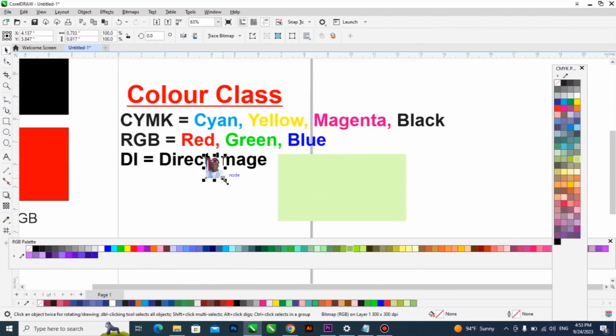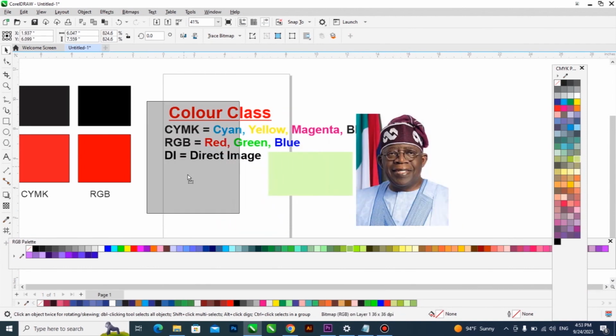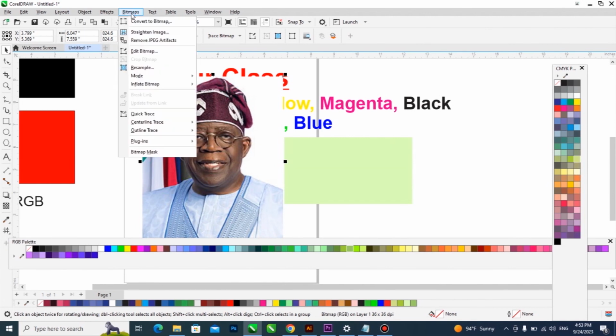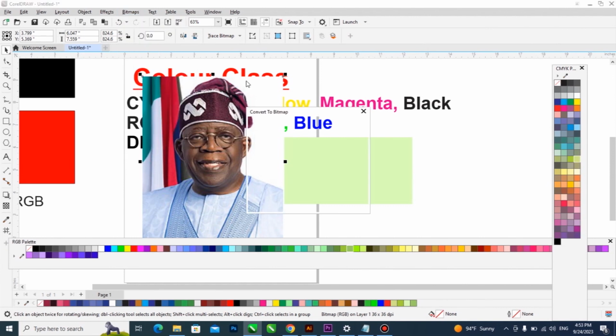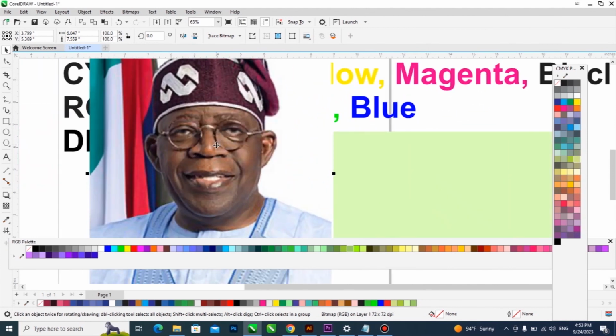See what happens. Now this is the picture. Before printing, of course, I said you always bitmap a picture before you print. Once I click on bitmap and I decide to turn the resolution to 72, and of course it's on RGB, once I click on OK, it will dull this picture